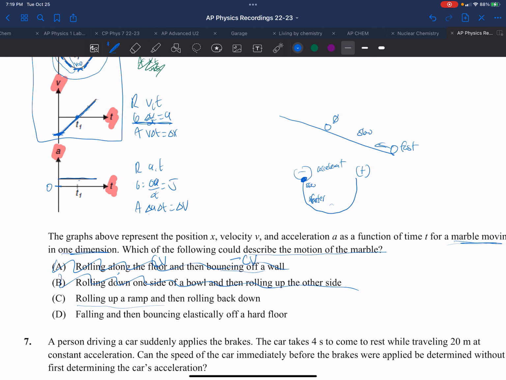And if we said this is the negative direction and this is the positive direction, then it would have a big negative velocity, and then it would go to 0, and it would reverse and come back positive, which is what we see here. And in that scenario, it's getting slower on the way up and getting faster